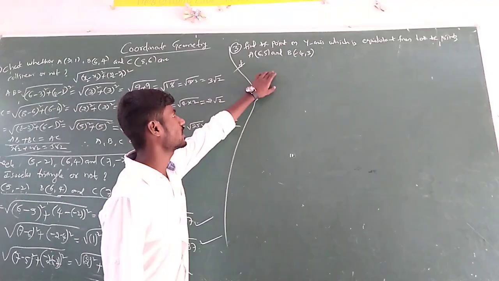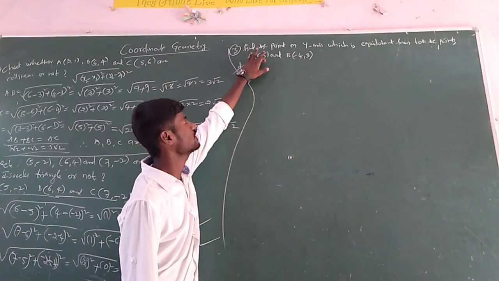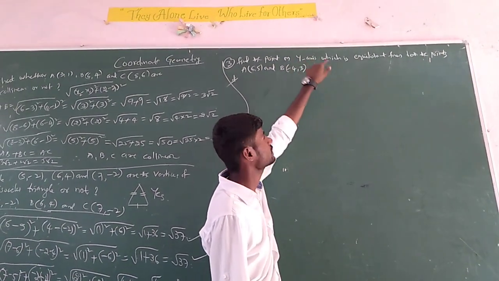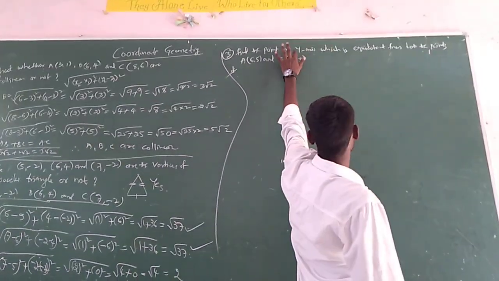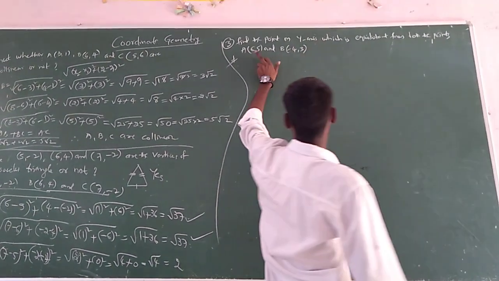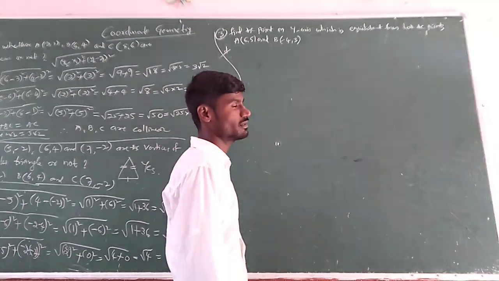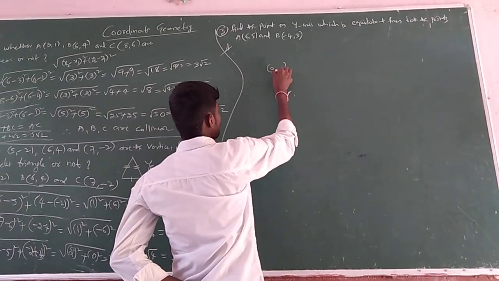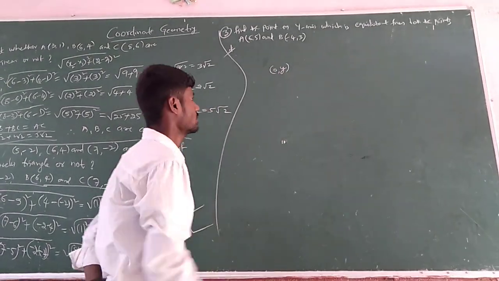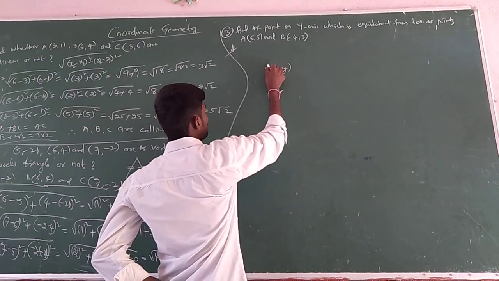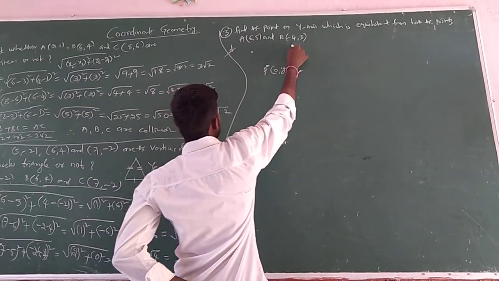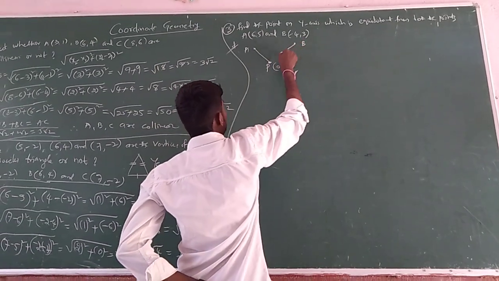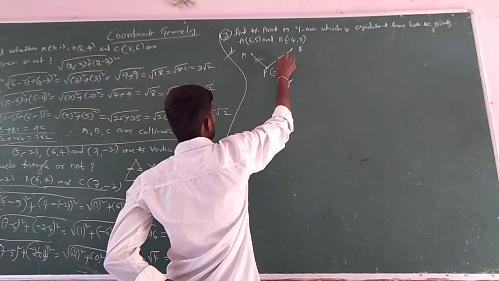See students, here is one more problem. Find the point on the y-axis, which is the first clue in this problem. The point is on the y-axis, which is equidistant from other points. What are they? A 6 comma 5 and B minus 4 comma 3. Means if you take its visual, a point on the y-axis means its x value is 0, y value is a certain value, 0 comma y. So if you take this point as, suppose, point P, this is equidistant from two other points A and B. So A 6 comma 5, B minus 4 comma 3. This point is equidistant from these two. That is the question here.